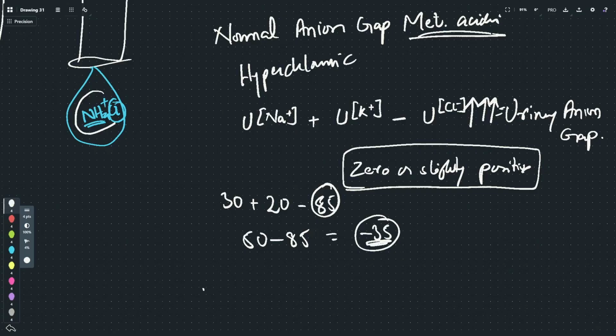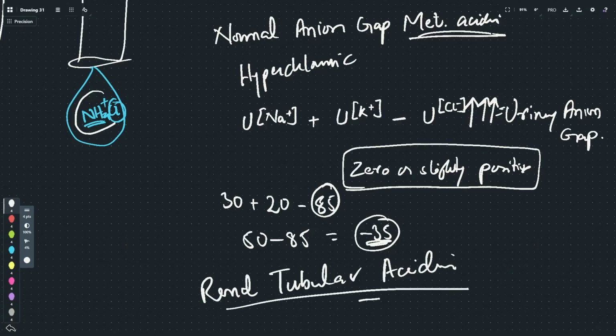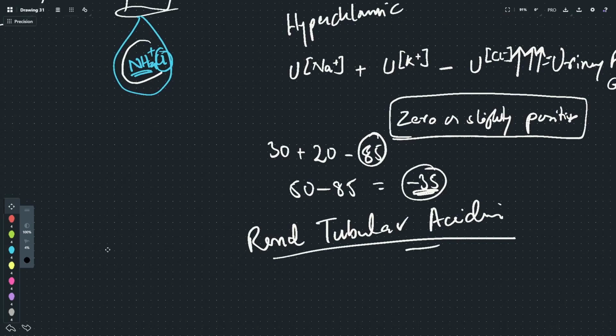So it means it is not a problem like renal tubular acidosis, in which kidneys itself, in renal tubular acidosis, what is happening? In renal tubular acidosis, or even the acetazolamide drug or aldosterone deficiency, all these renal causes, basically in all these renal causes, what is actually happening is that metabolic acidosis is there, but kidney is not acidifying urine properly. Normally, in metabolic acidosis, kidney must acidify urine. But if there is metabolic acidosis, but still kidneys are not acidifying urine, then it means there is a problem